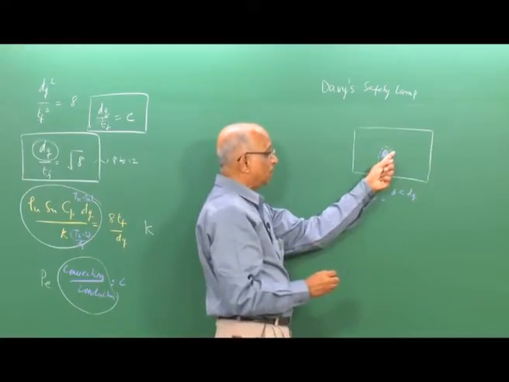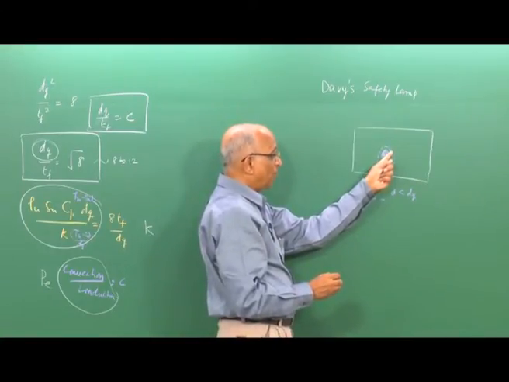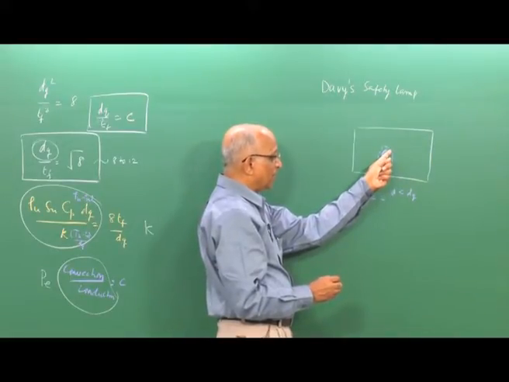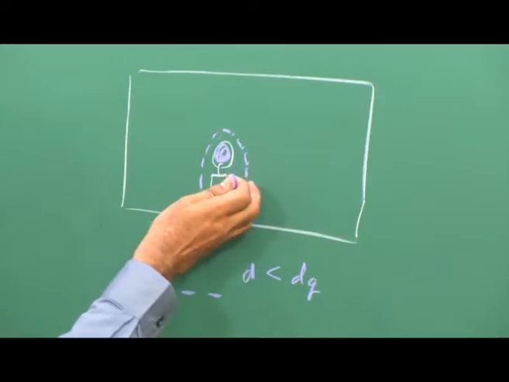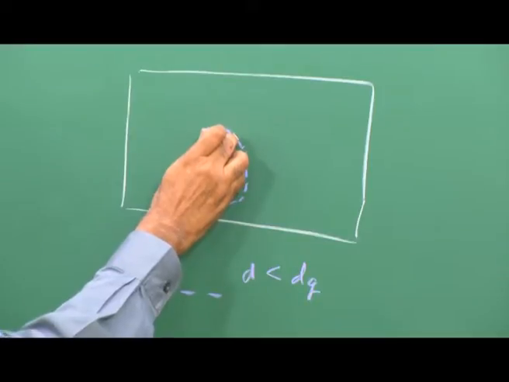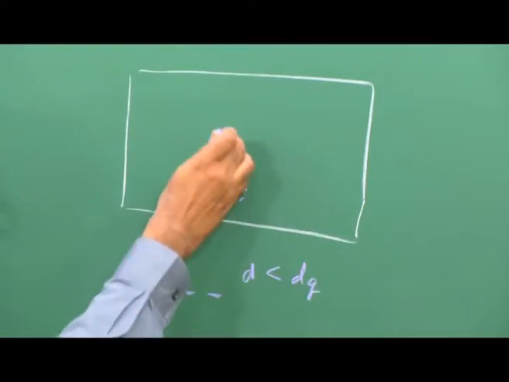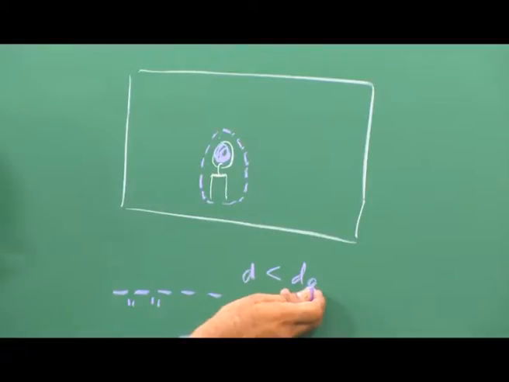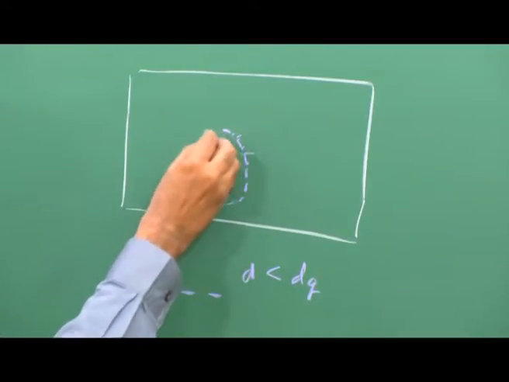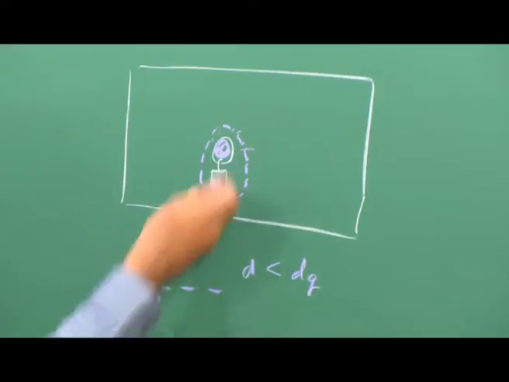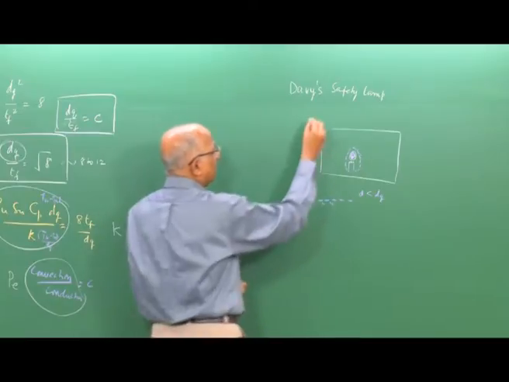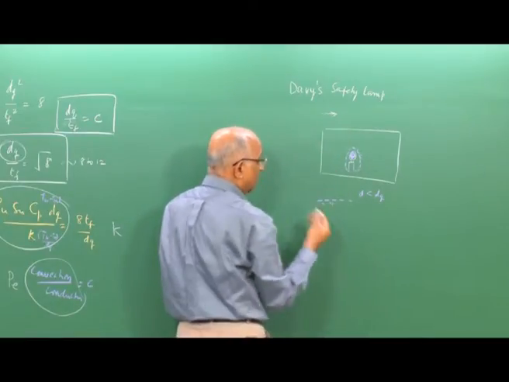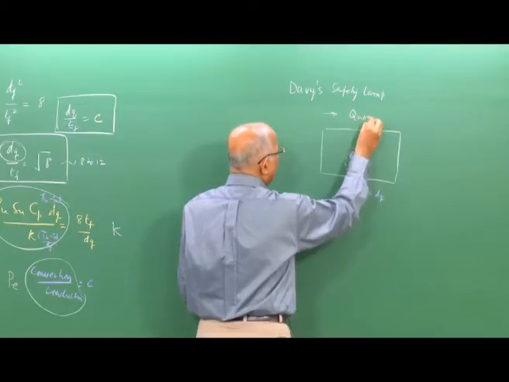Well, a flame cannot pass through these holes because the flame will quench the moment it sees a smaller hole, it cannot pass through because the heat loss takes place. Therefore, when you have a lamp which is surrounded by this sieve whose openings are less than the quenching thickness, a flame cannot propagate out and it is something like a safety device. This is the principle of a safety lamp. Therefore, we say, well, Davy's safety lamp uses the quenching distance or a quenching diameter